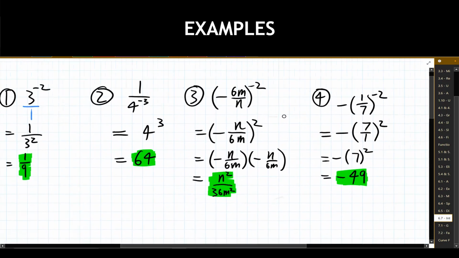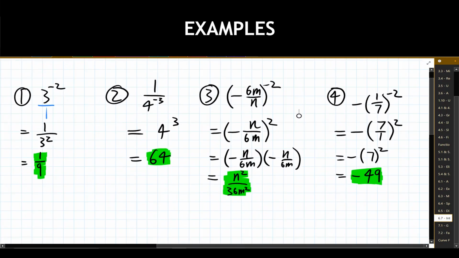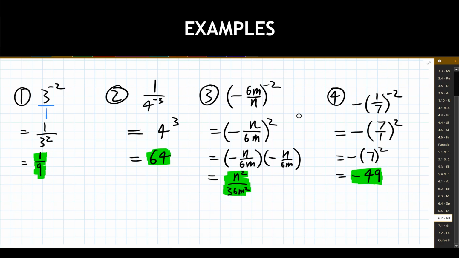So as we see with all 4 of our examples here, we need to correctly identify what is the base and what exponent power it is being raised to. Remember also that the negative in the exponent spot does not automatically change the base to become a positive or a negative value. The negative exponent just flips the fraction, or just changes where in the fraction our base is. That's all it does, nothing else.